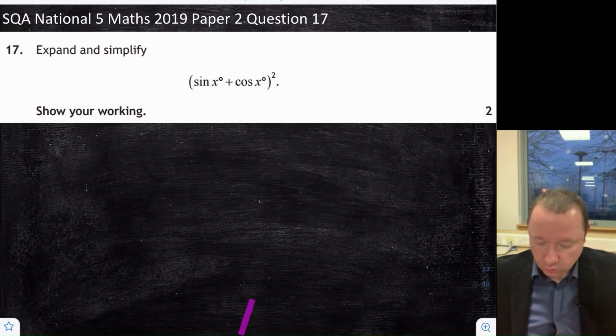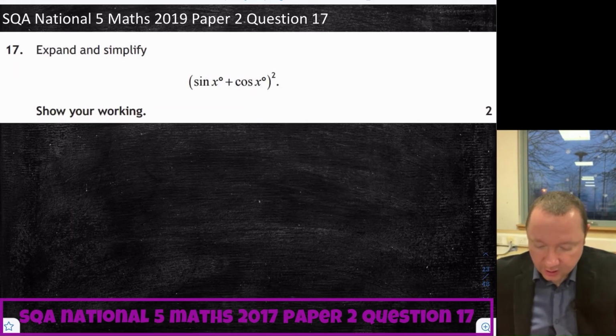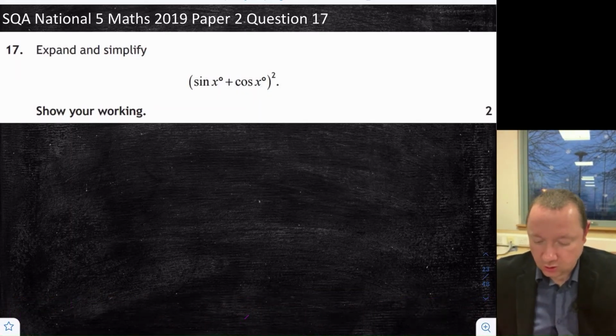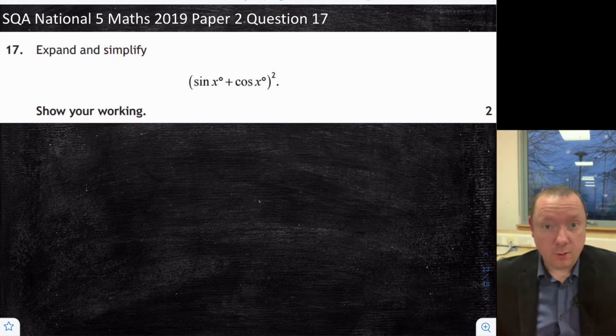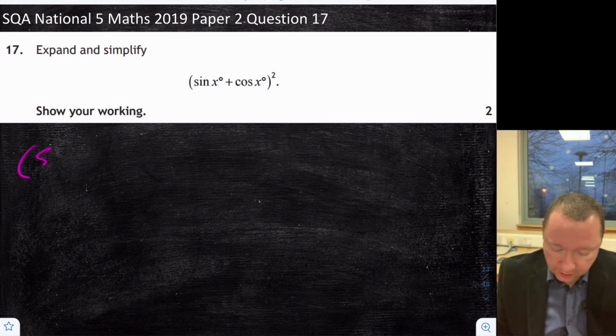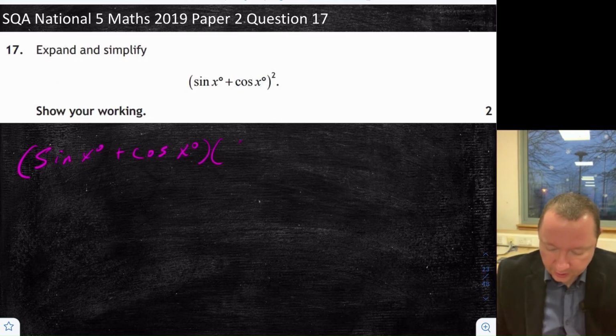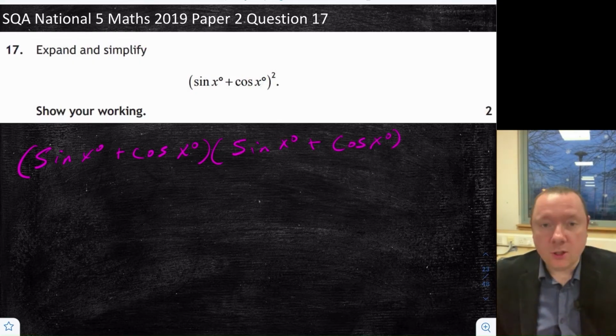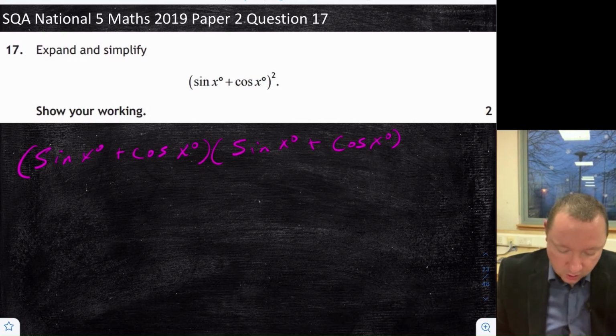Grade National 5 Maths 2019, Paper 2, Question 17. Expand and simplify sin x plus cos x all squared. So it's a double bracket question as well. So I've got sin x plus cos x times sin x plus cos x. And expand that any way you want using a grid or FOIL. I'm just going to use FOIL for the sake of quickness. So first,